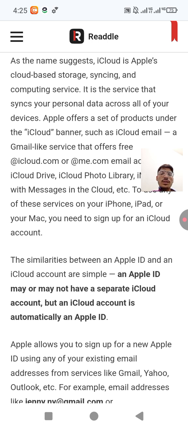An Apple ID may or may not have a separate iCloud account, but an iCloud account is automatically an Apple ID. Apple allows you to sign up for a new Apple ID